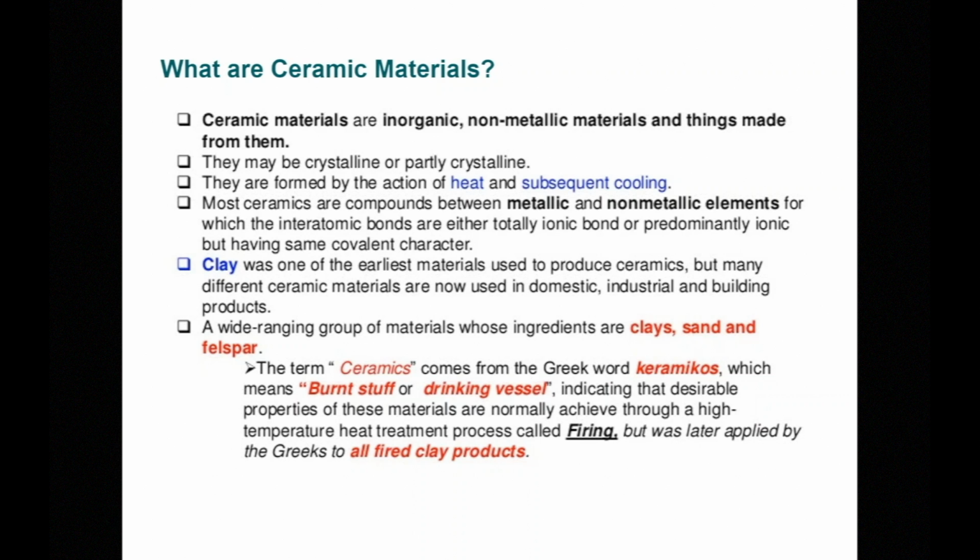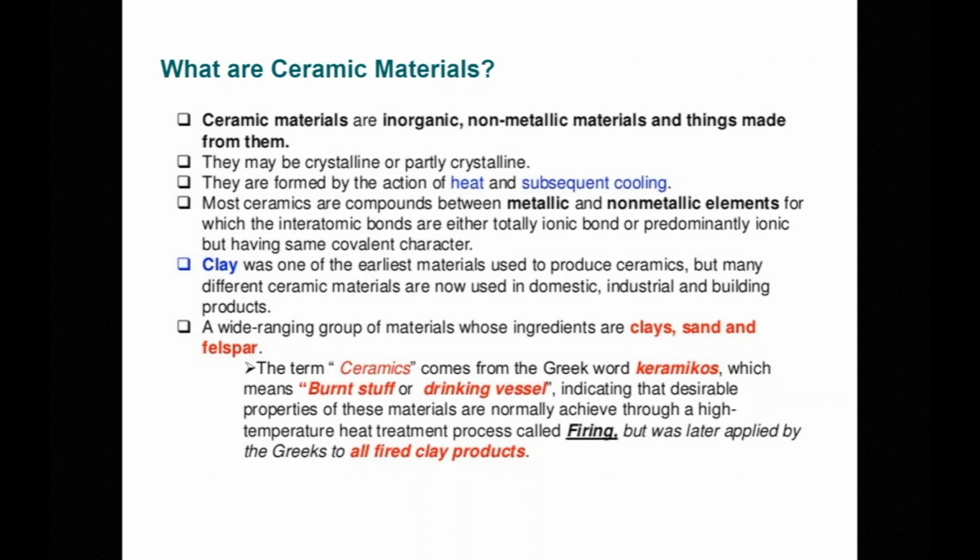Clay is probably one of the easiest to identify as an ancient ceramic material, and it is heavily used, of course, as an additive, but also for making domestic, industrial, and building items such as clay pots, clay bricks, and so on. A wide range of materials that includes clay, sand, and feldspar are mined, extracted, and used in a lot of construction industries. In fact, the term ceramic comes from the Greek word which means burnt stuff or drinking vessel,